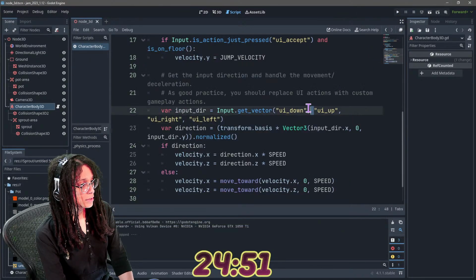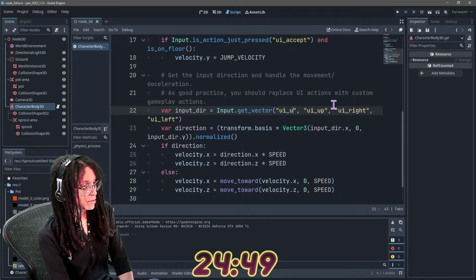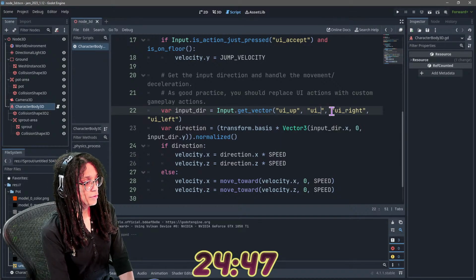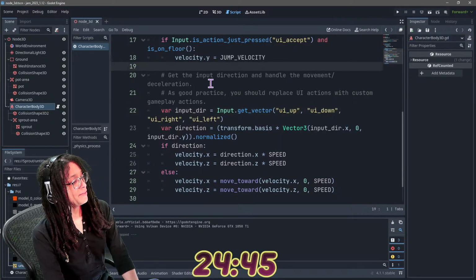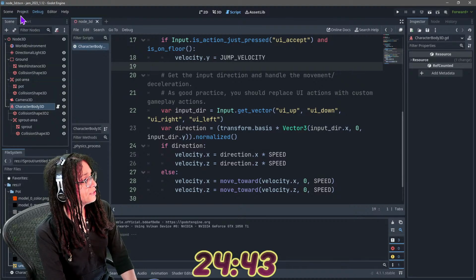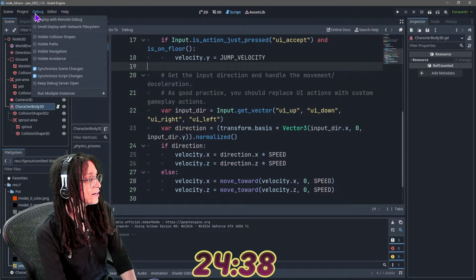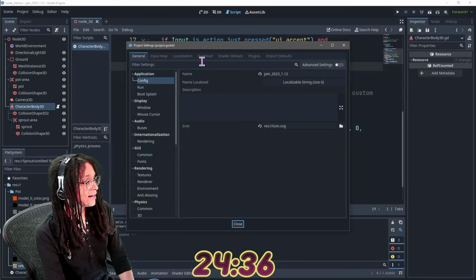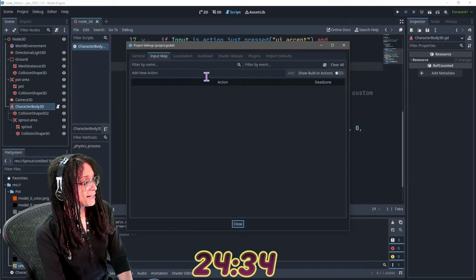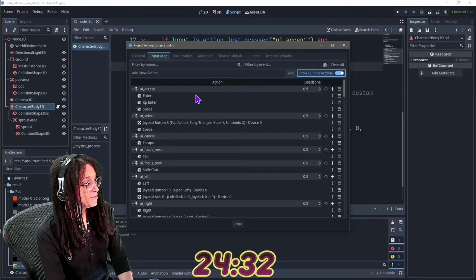Switch up and down, just so it feels right. And then I really don't like, this would be a very nice thing to set up ahead of time, is adding WASD, because by default